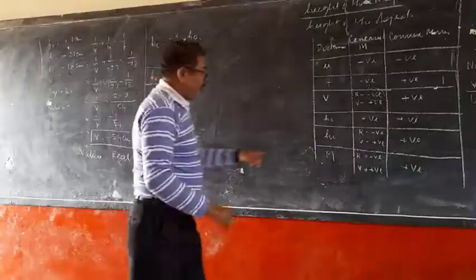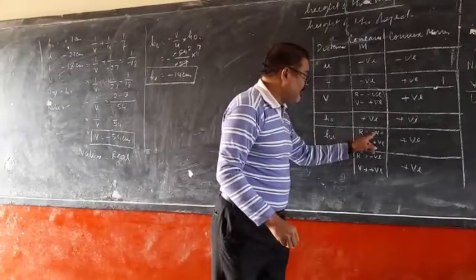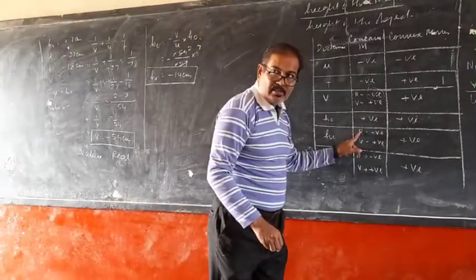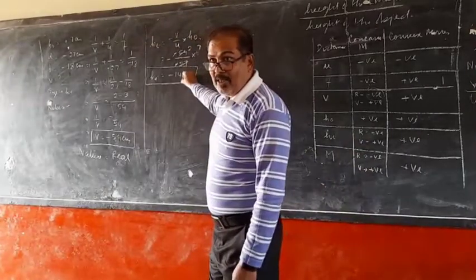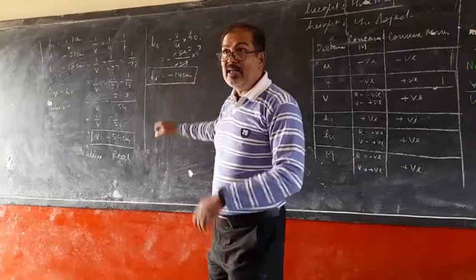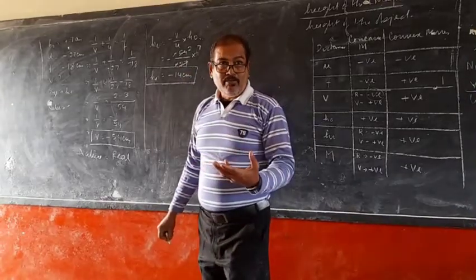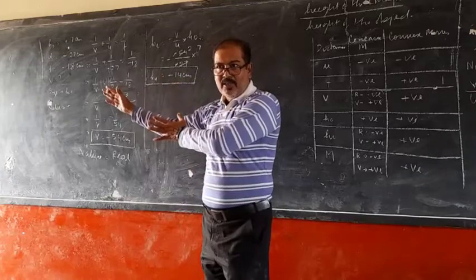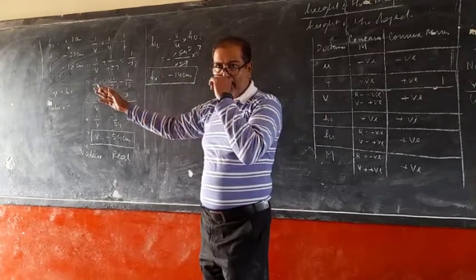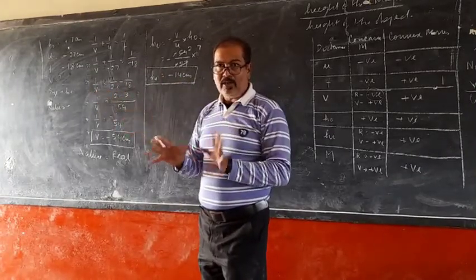And from here, when the height of image has negative sign, what is the nature of image? Real. And the size of image is 14 centimeter, which means larger than object. So both things we have found, what we have discussed in the very beginning of solving the numericals. Both things we have got correct.